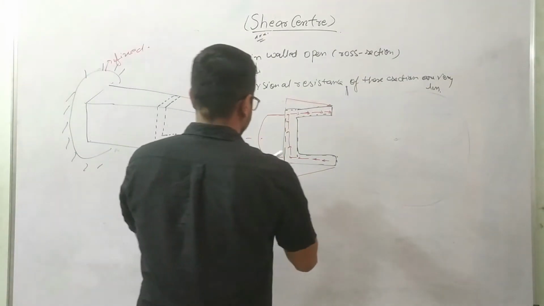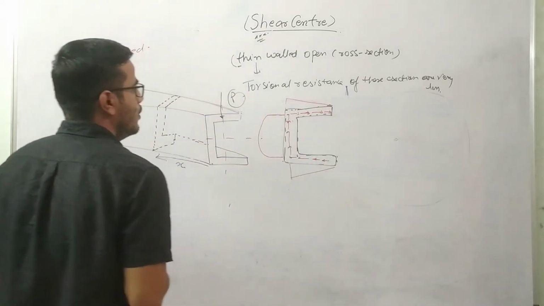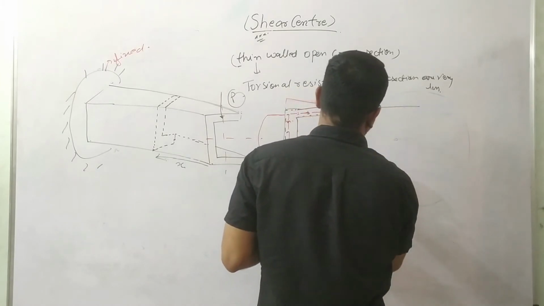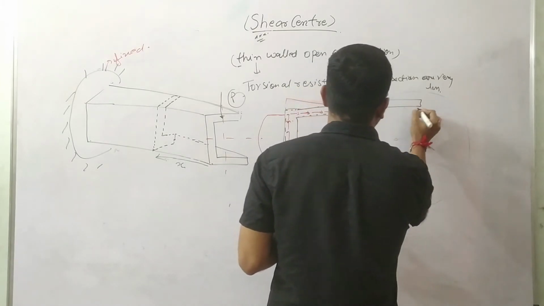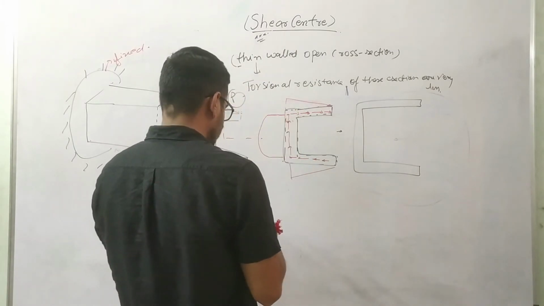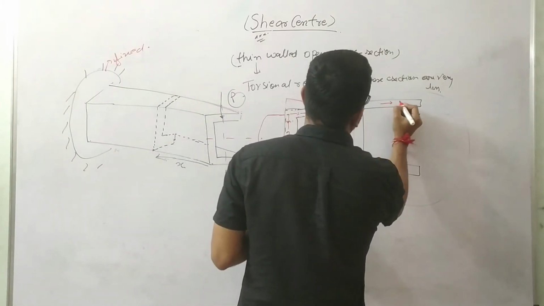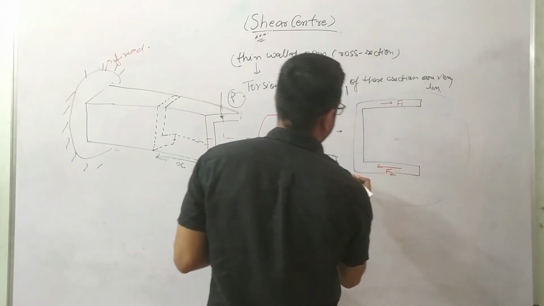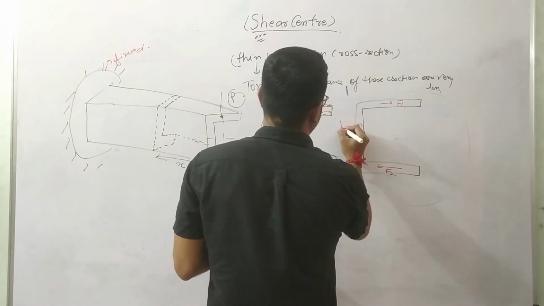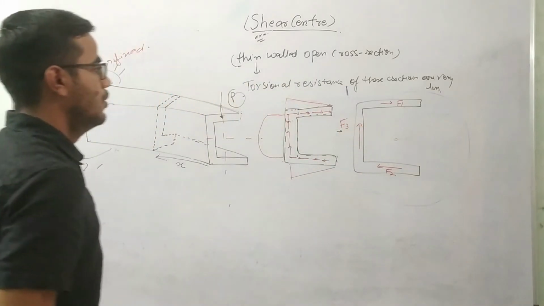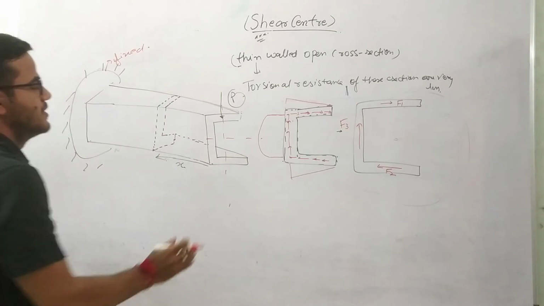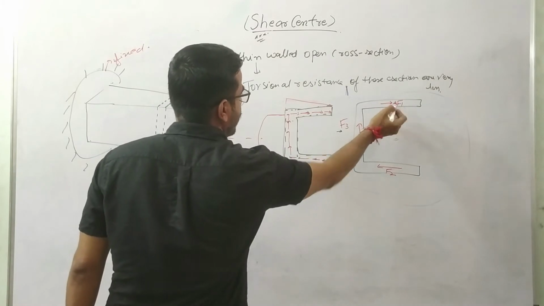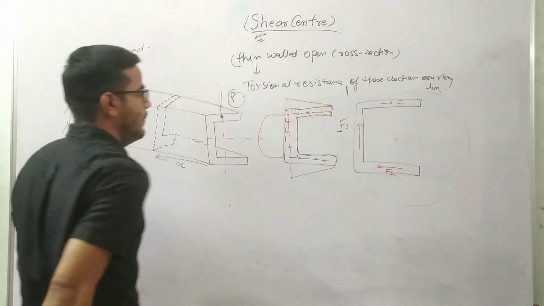So now the important thing comes over here. I can draw this cross section and show the force system like this. The net effect of this force, let us suppose, is F1 in this direction, F2 in this direction, and F3 in this direction. I just integrated this shear flow, and I'm getting some F1 force at this segment, F2 force at this segment, and F3 force at this segment.